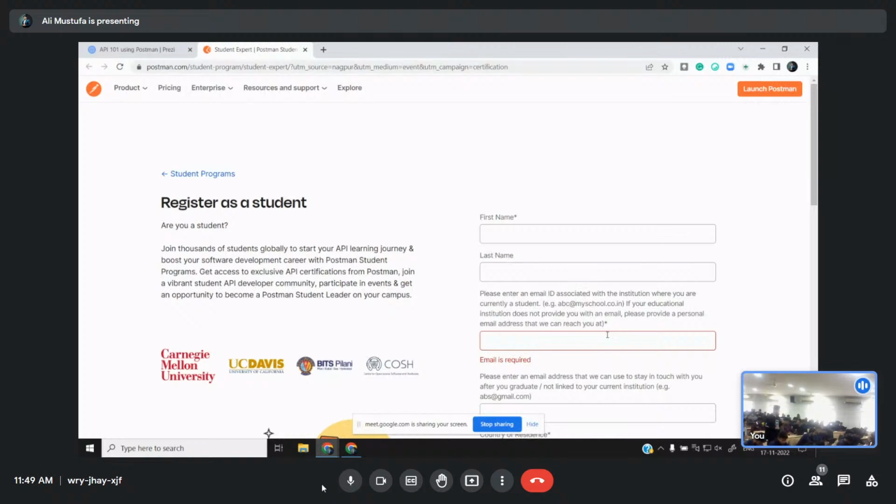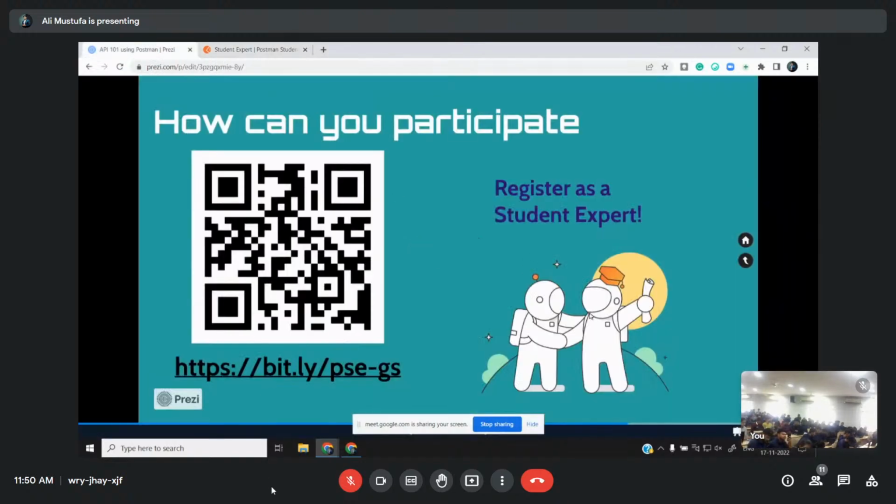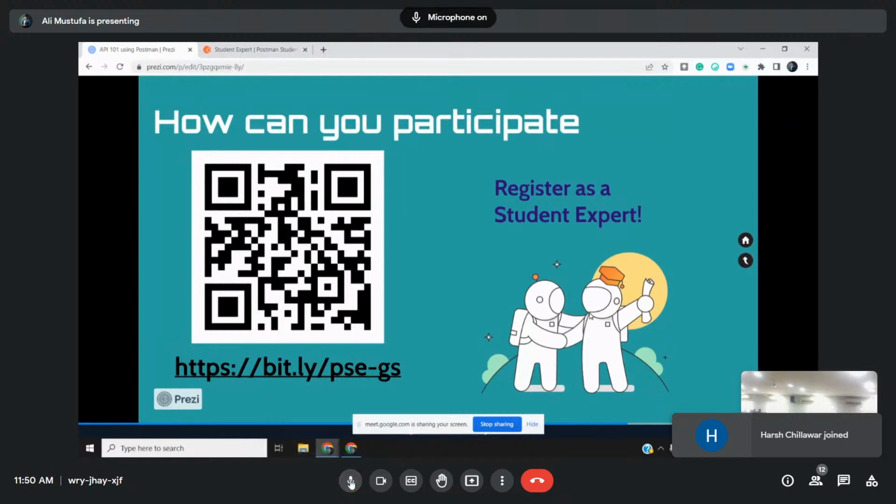I'll open the URL page once because some people obviously did not scan it on time, so we'll do it again for the URL once. Quickly go ahead, scan the URL.